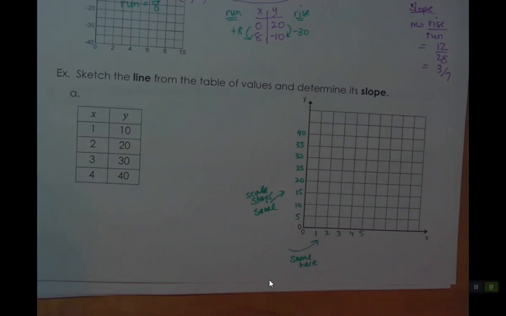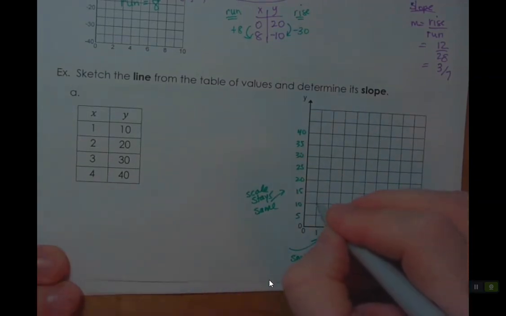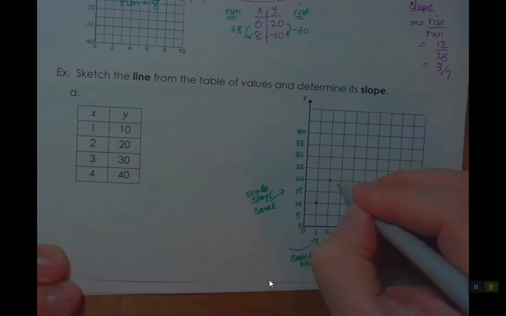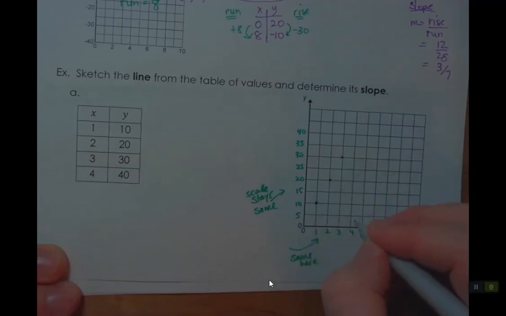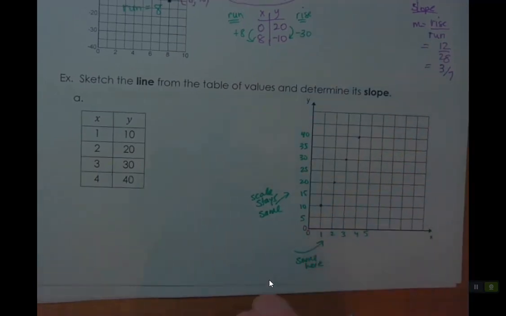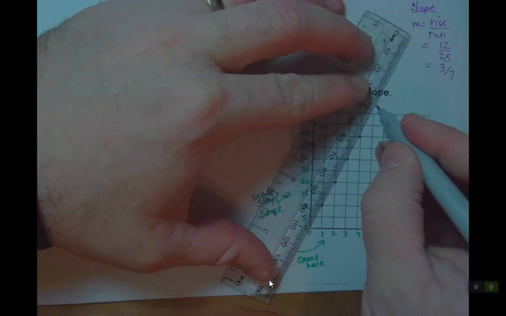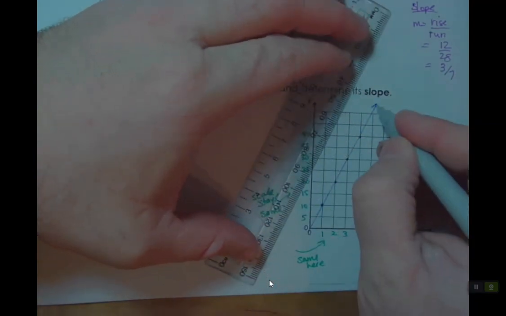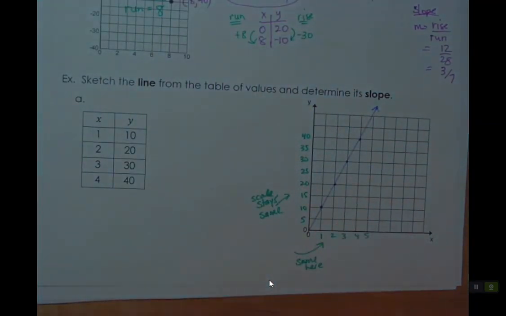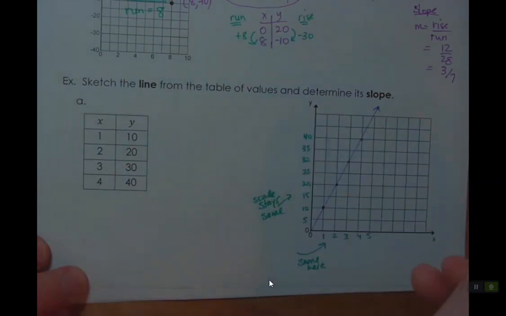So we can plot our points now. 1, 10, 2, 20, 3, 30, 4, 40, and I can draw my line. All right, there's my line. Then it says find my slope. So